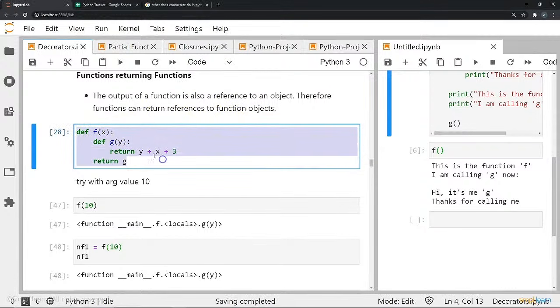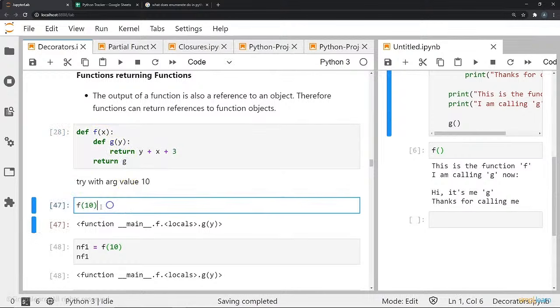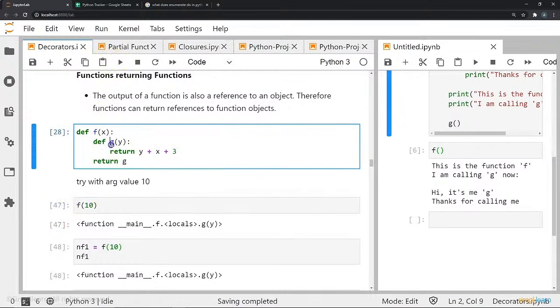So out here, if you see, I've defined a function called f, which will take a parameter called x, and then within it I've defined a function called g, which will have a parameter called y. And this g will basically return y plus x plus 3, and the function f itself will return the function g. So if I pass 10 in function f,